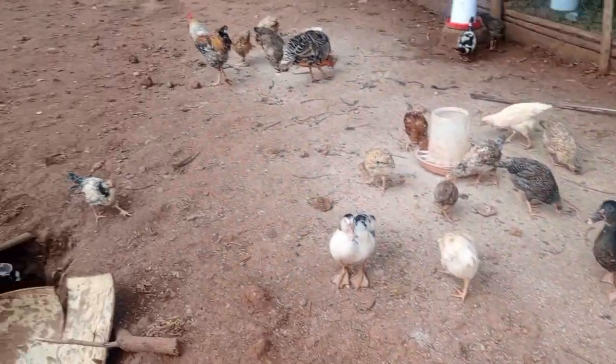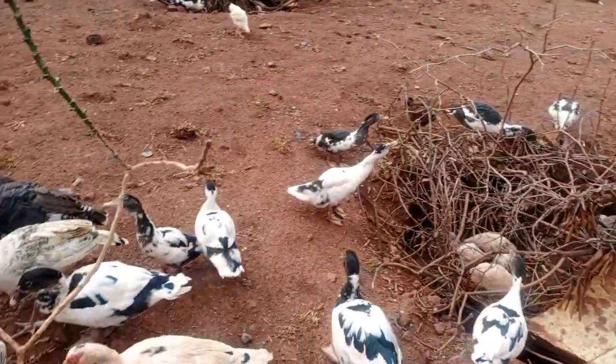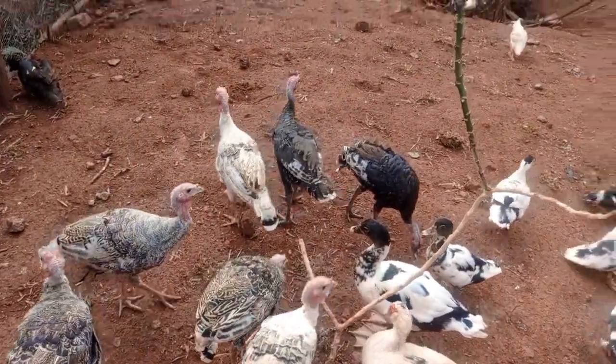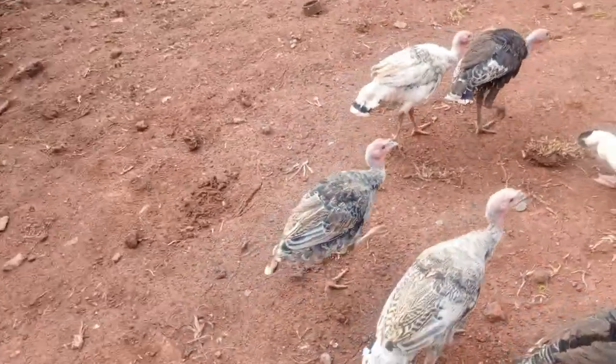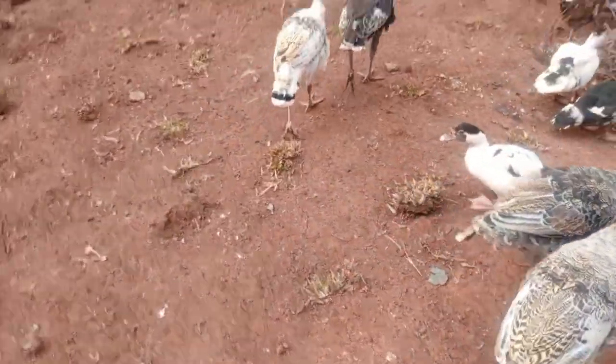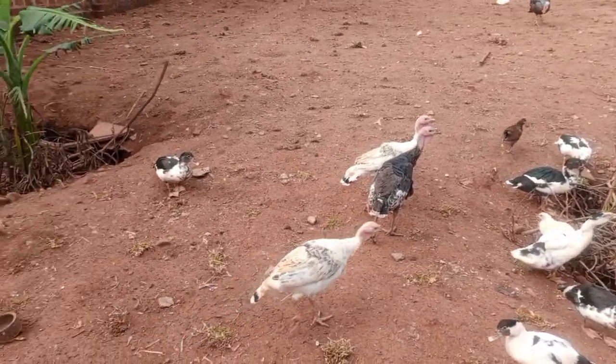Even the turkey that I have is a purely local turkey. You can see they are right there. Okay, so a few weeks ago I decided to plant some grass here. This is paspalum which I planted here. As you can see, you cannot see it well now because they have also been eating the paspalum,